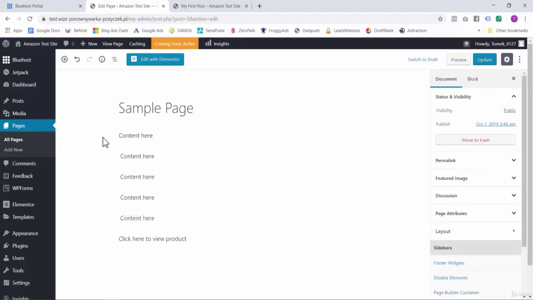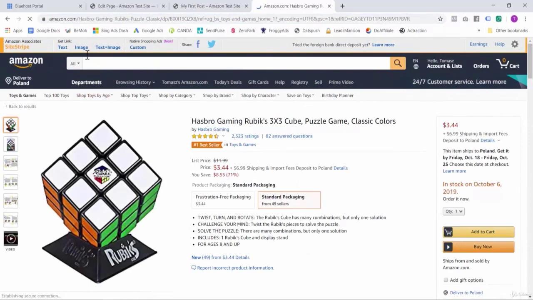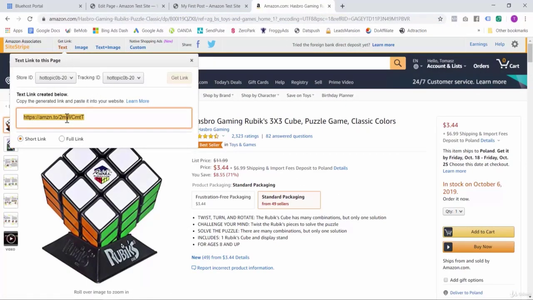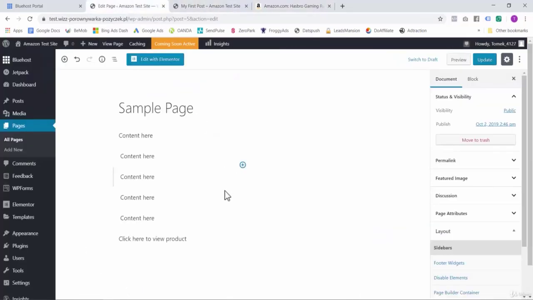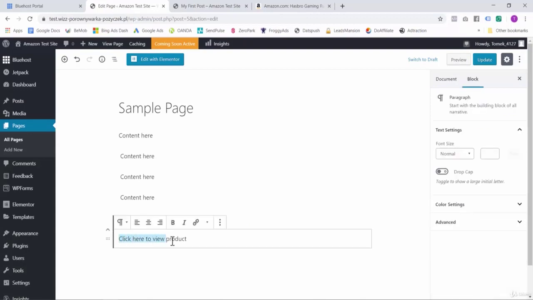Okay, so this is just a quick sample. You have your article here, and at the end you want to have a call to action. Click here to view your product. To add your Amazon link, let's just get a random link from Amazon. Okay, I will get a text link. I'll use the shortened link, so I can copy it, go back to my WordPress setup, and here I can highlight the text, click here, paste my link, apply it, update it,